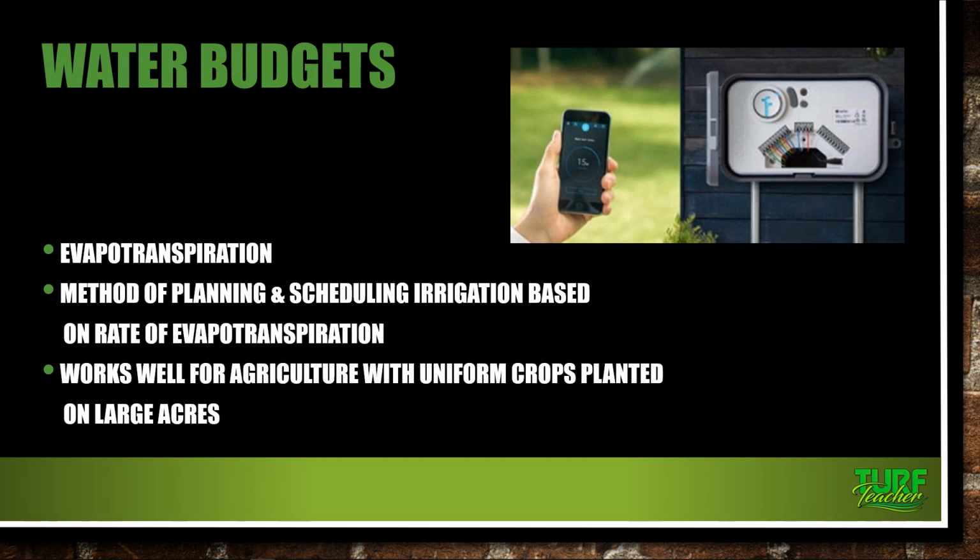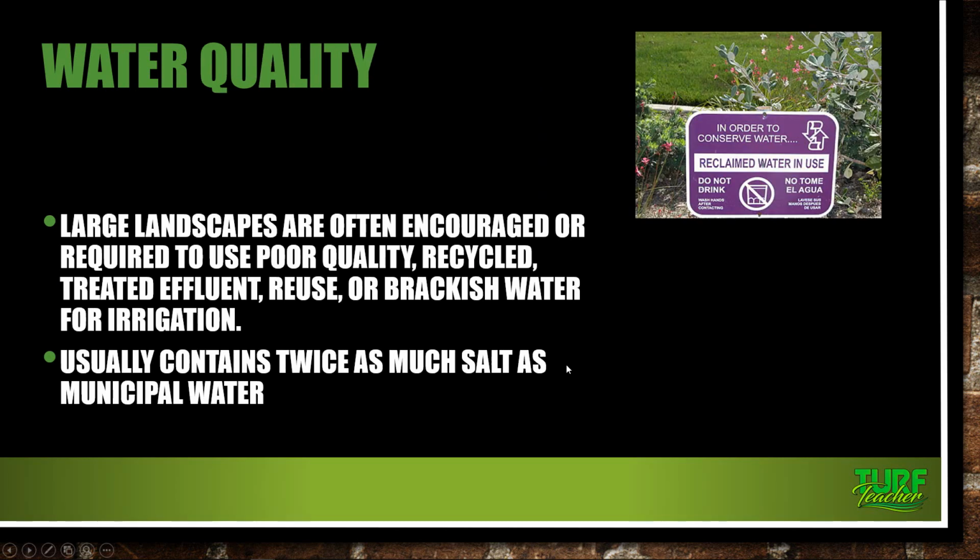And it really works well for agricultural settings with uniform crops planted on large acres, and especially golf courses. Water quality. Large landscapes are often encouraged or required to use poor quality, recycled, treated effluent, reuse, or brackish water for irrigation. As you can see up here, we got the pink sign. And everybody knows about the pink pipe that's used in North Carolina, or purple, my fault. You don't want to drink the water. You definitely don't want to